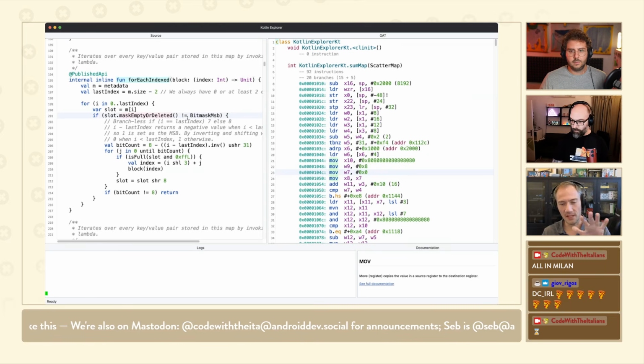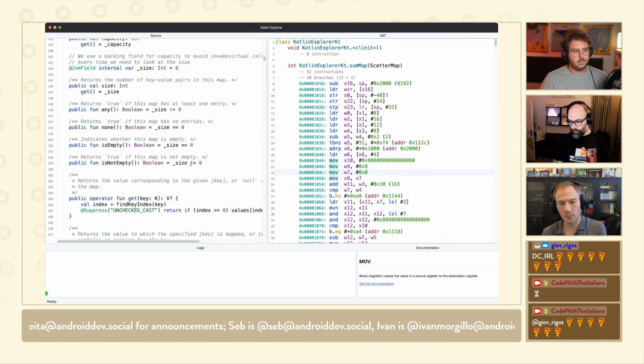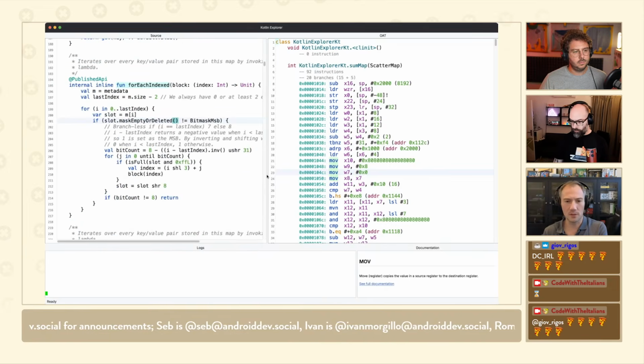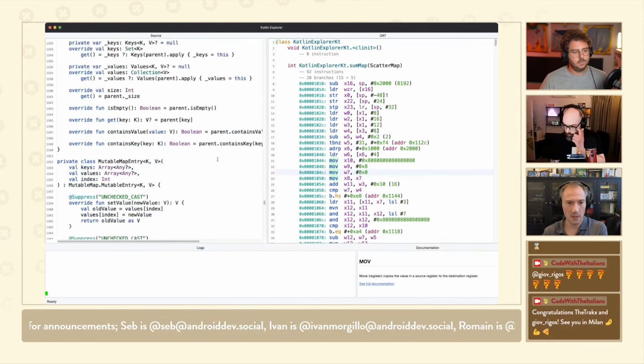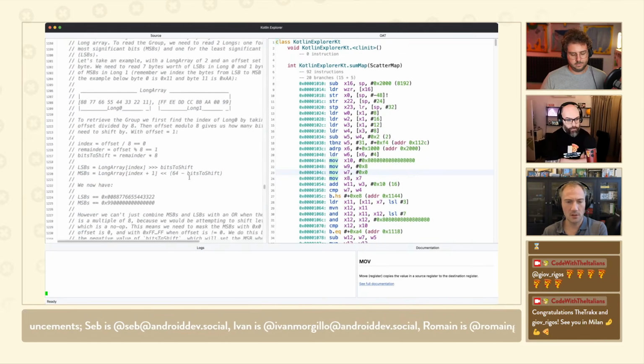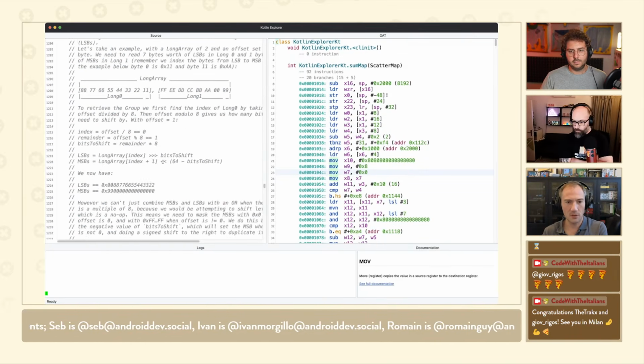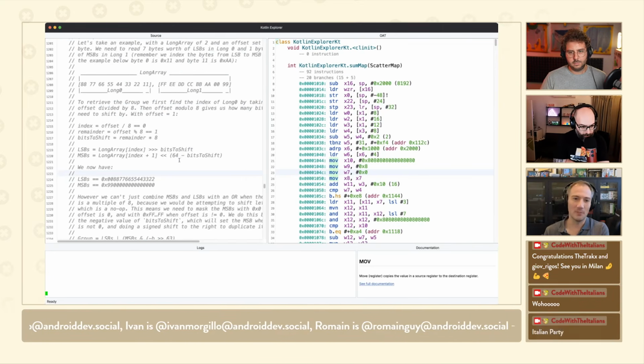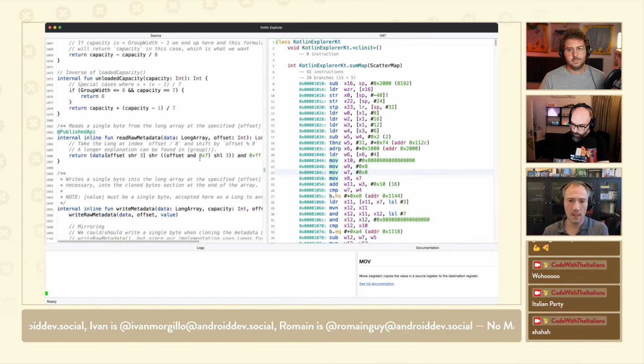Basically, it's able to look at 8 entries at a time when you're doing a get, when you're trying to find the value for a key. It's using longs to be able to find your value super fast. So it's a pretty cool implementation. Again, it came from C++, a library called Abseil. And at the bottom, it goes back to what we were discussing earlier about comments. For instance, this group function is 3 lines of code with lots of comments explaining why those lines. Anyway, lots of interesting stuff in that file.